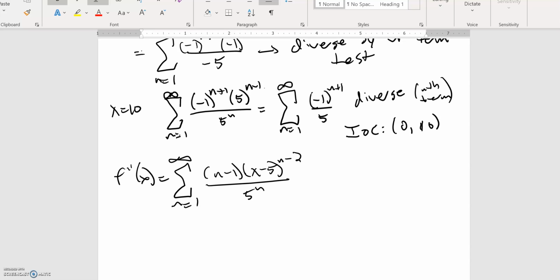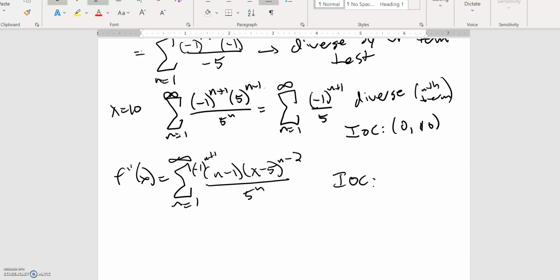Double check that. Look at it. Oh, with the negative 1 to the n plus 1 also in there. And I ended up getting that both endpoints on this one diverged also. And so I got the IOC was